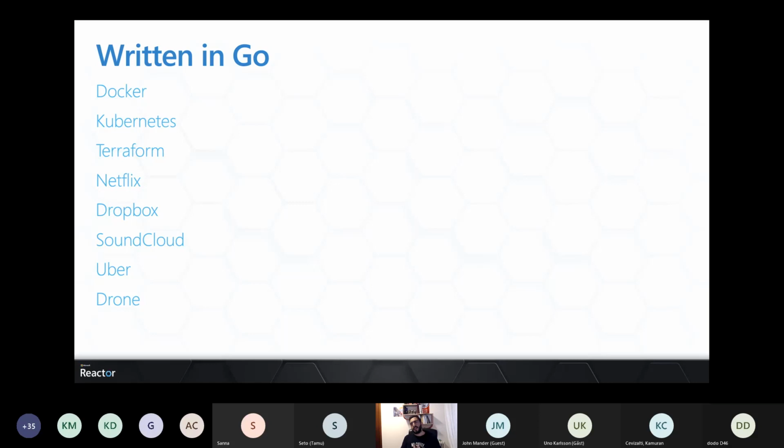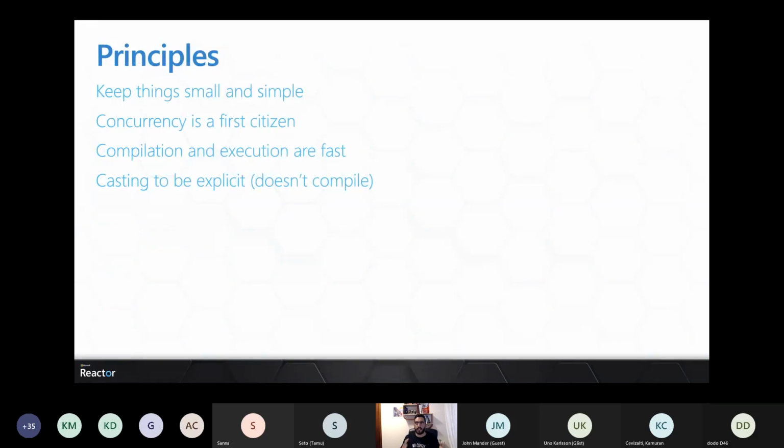However, there are a few things that Golang would like you to know from the principles perspective. The philosophy or the principles of Golang is that the language would like to keep things small and simple.